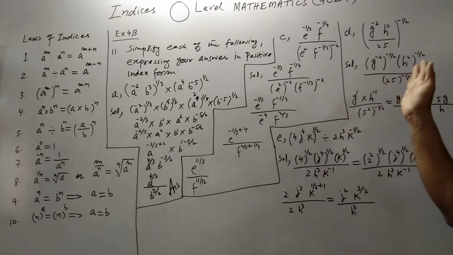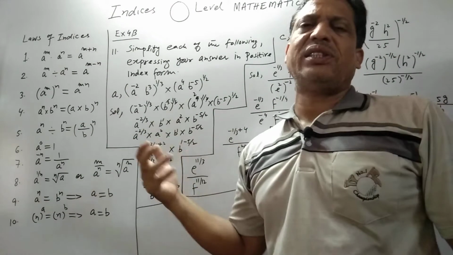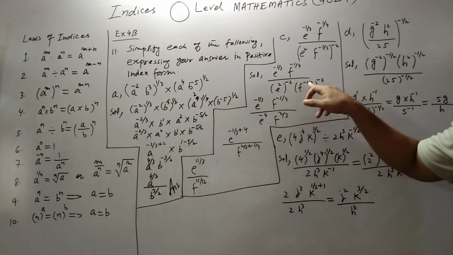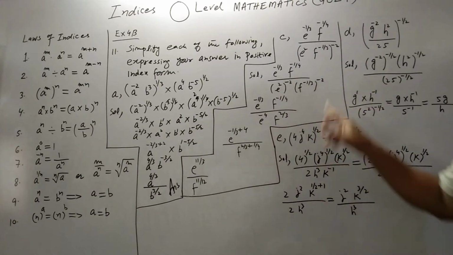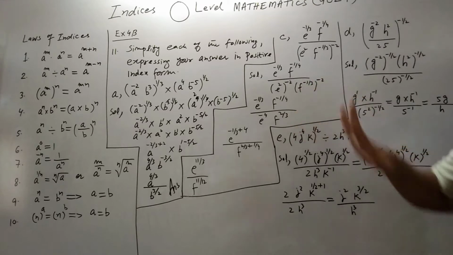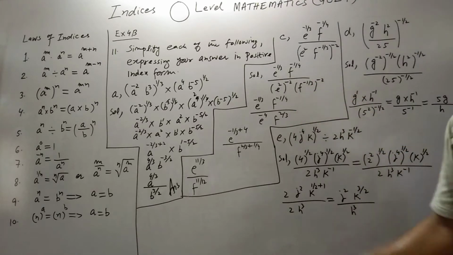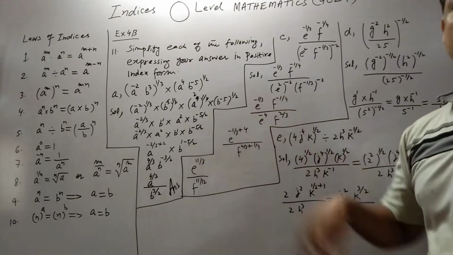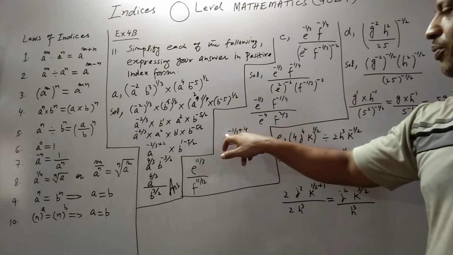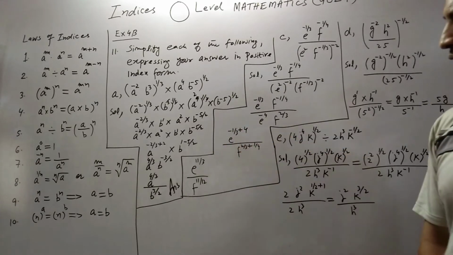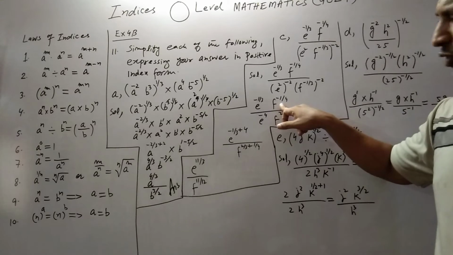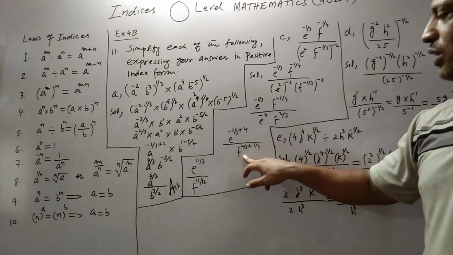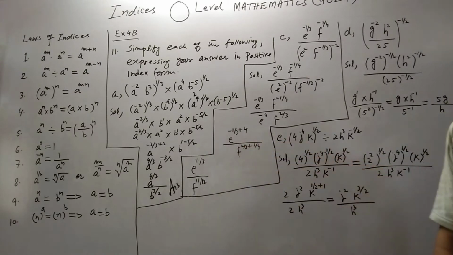No need to remind you of the laws. I hope you understand how to apply laws of indices. So 2 to the minus 4, minus 1 upon 3 into minus 2, minus minus plus, 2 ones are 2, 2 upon 3. The next step: this is e to the power minus 4, move e to the power minus 4 to numerator side, it will become minus 1 upon e to the power minus 1 upon 3 plus 4, and move this f to the power minus 1 upon 4 to denominator side. So it will become f to the power 2 upon 3 plus 1 upon 4.